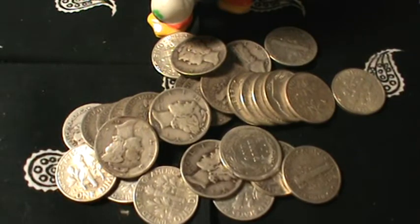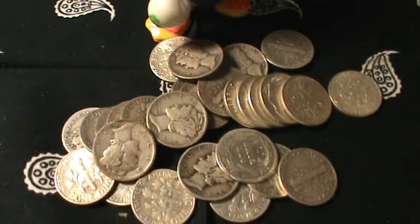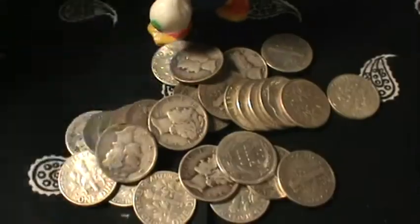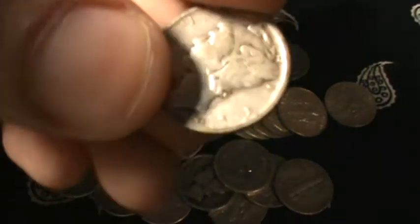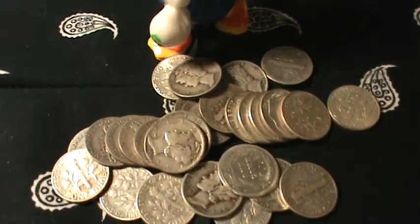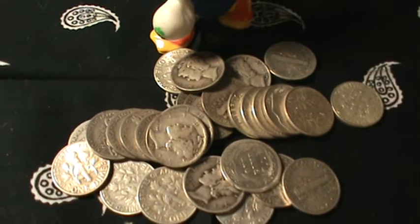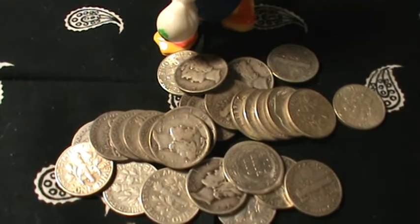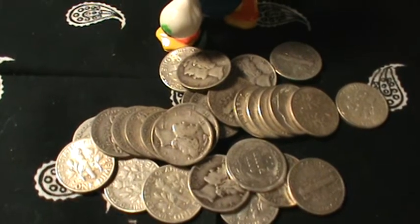The other thing, and this to me is not a big deal, but if silver were to jump to the moon because of its industrial use, then there'd be an extra step here, because this is 90% silver instead of 999 bullion. So there's an extra step there if the industrial side of it is something that leads you to stack. To me, that's not why I'm stacking. I'm not stacking because I think it's going to go to the moon because of the industrial use of it. It'd be nice if it did, and I do think that eventually we're going to run out of it. So yeah, I think it's going to continue to climb, but